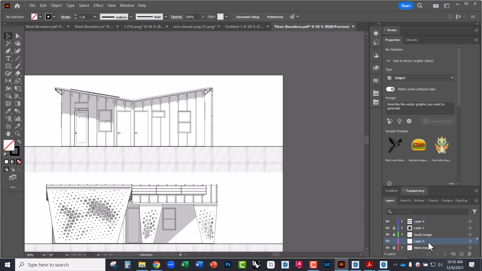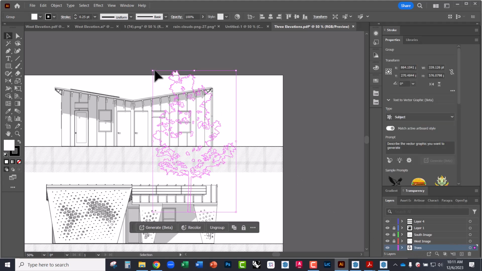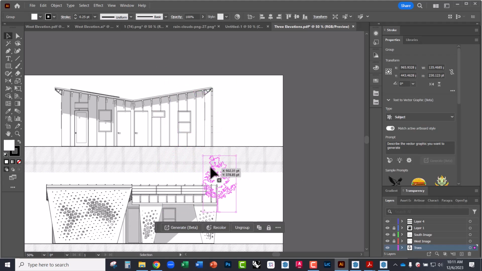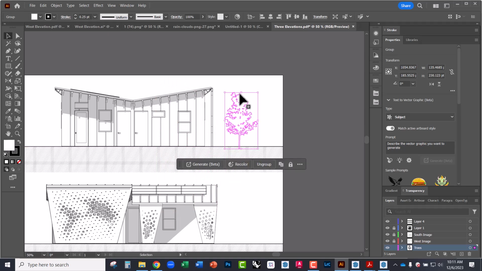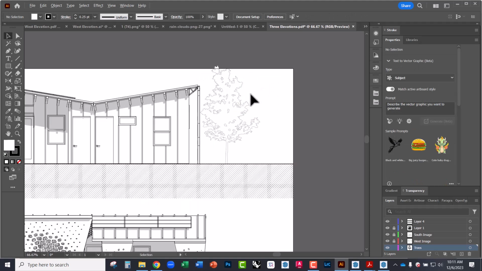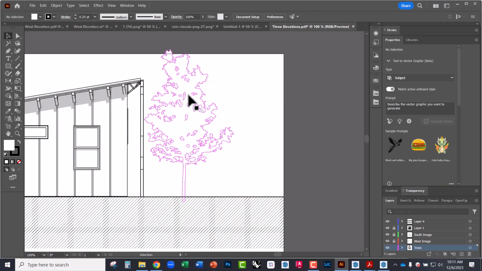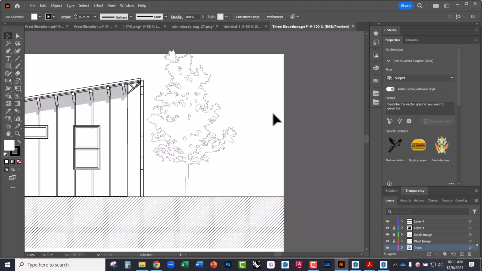So I'll call this one Trees. Control V to paste it. Scale. All right, this isn't the most accurate way to do this, but it'll give you kind of a rough understanding of the